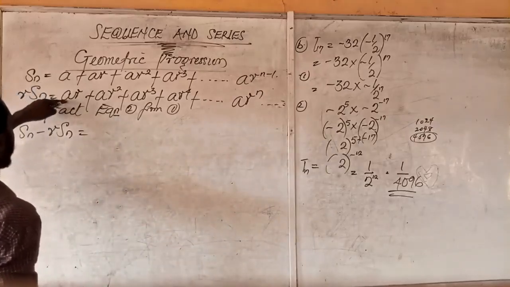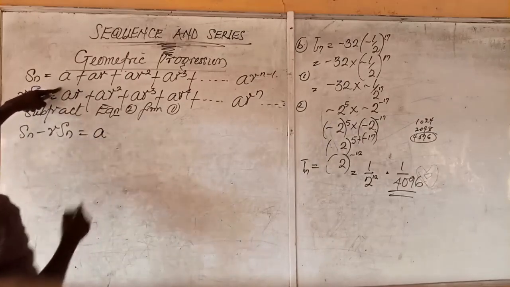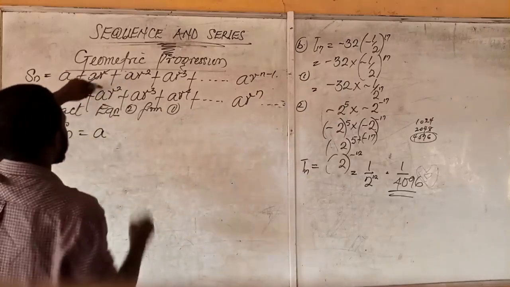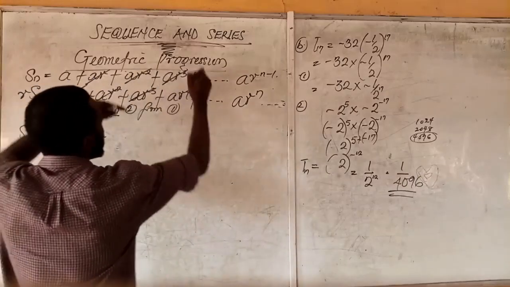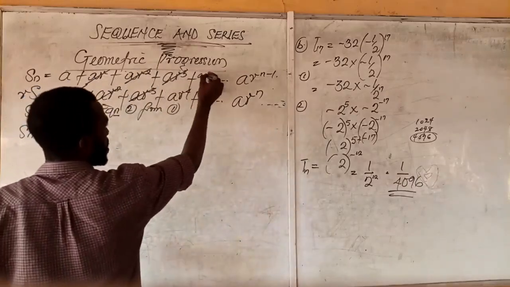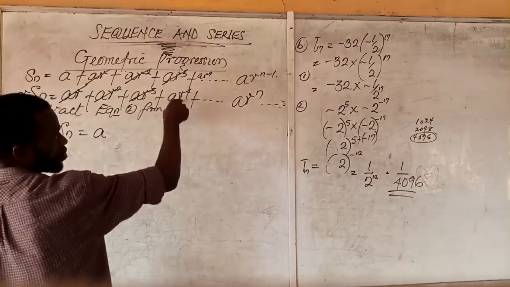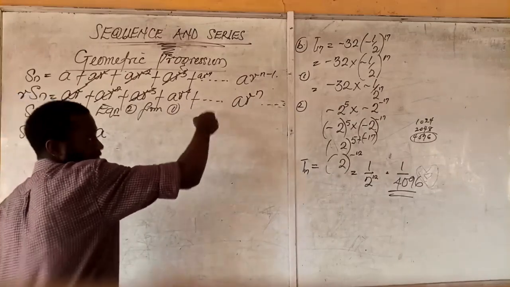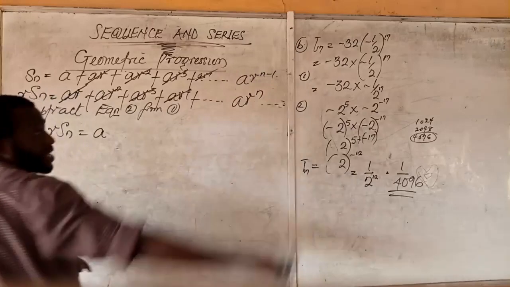Alright, so we have Sn minus RSn is going to be equal to, if I subtract this from this, now this and this I can't subtract because they are not like terms. So I have A left here. Now, if I subtract this from this, it will give me 0. If I subtract this from this, it gives 0. And this from this gives 0. Now, the next term after this is what? AR raised to the power 4. So you see, it's alike. If I have AR raised to the power 5 here, then the next term is AR raised to the power 5. Once I get to the nth term, the last term here,